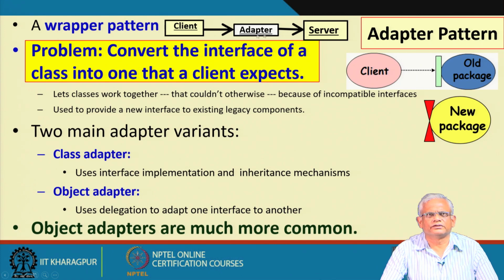We can think of the adapter as a wraparound on the server. Whenever the client makes a call to the adapter using P, the adapter makes a call to the server using L. If the client makes a call using Q, the adapter makes a call to the server with M, and so on. So, basically it translates the client requests into the ones expected by the server.